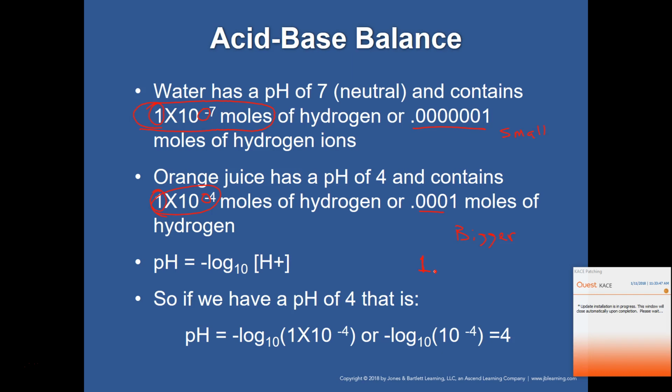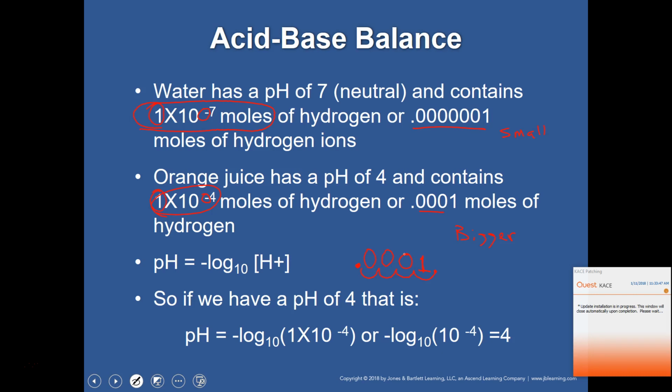Negatives always go to the left, positives always go to the right. So we'd go 1, 2, 3, 4, put our decimal place, and add the zeros. Okay? So that's where that notation comes from. So actually, a pH of 7 measures like this in standard or scientific notation,